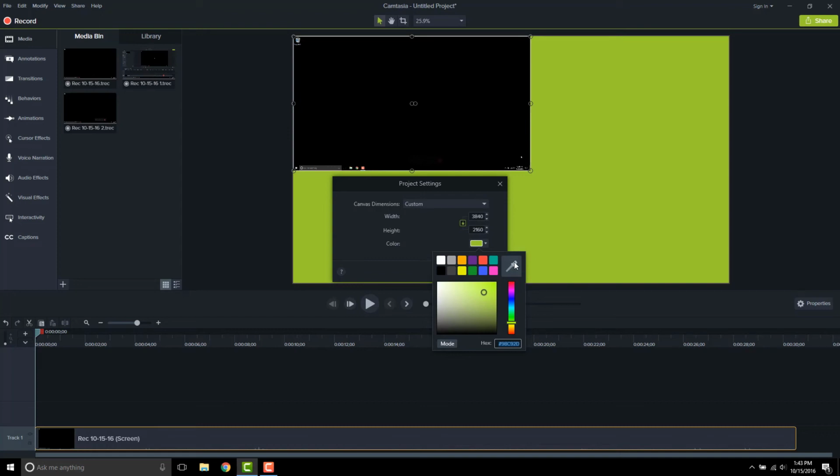One of the things I really appreciate about Camtasia 9 is that I can go outside of the program to find that color. In Camtasia 8, I believe that we were limited to anything that was inside the Camtasia window, but now we can grab anything from any other application on our computer.